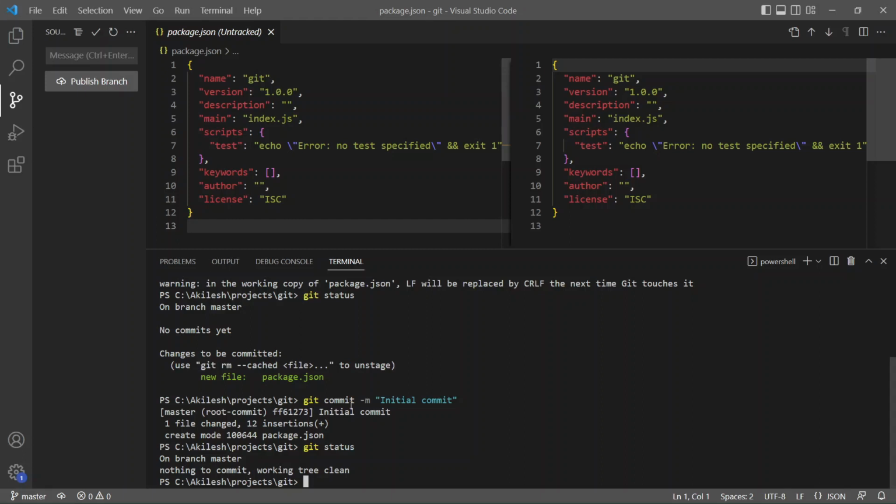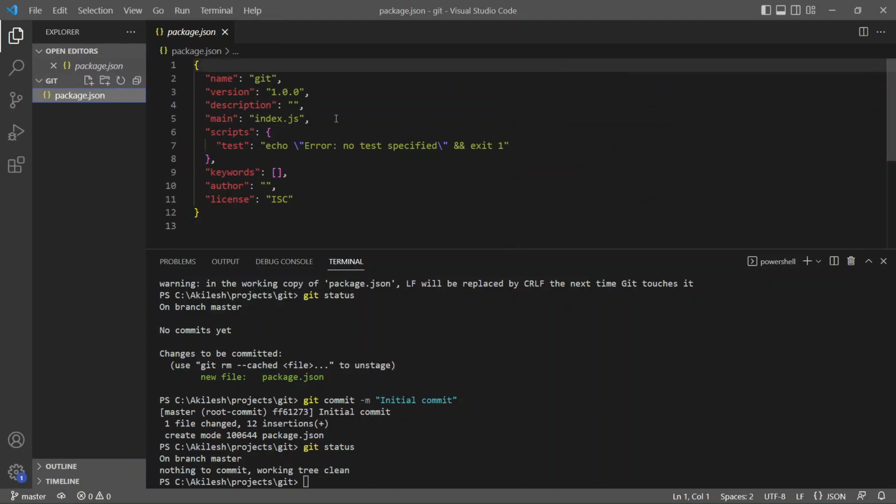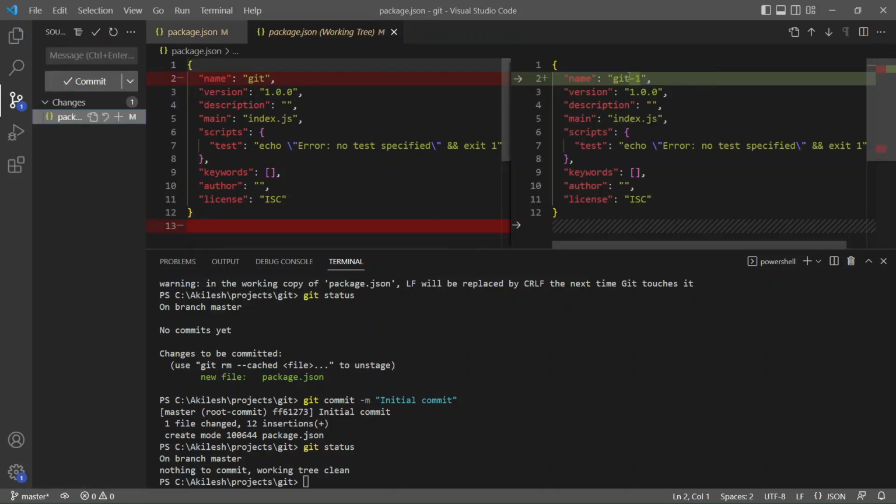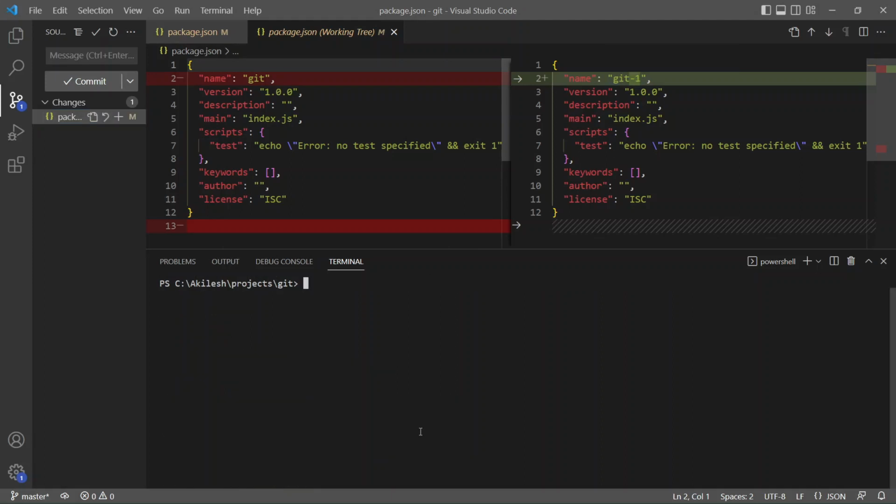Now if I modify this file again, I'll need to save it again to the Git repository. So I'll go to the package.json file. Instead of Git, I'll just add a -1 here. So I am making a change to the package.json file now. I'll save it. In the source control tab, you'll find that exact change here. Now if I do git status again,